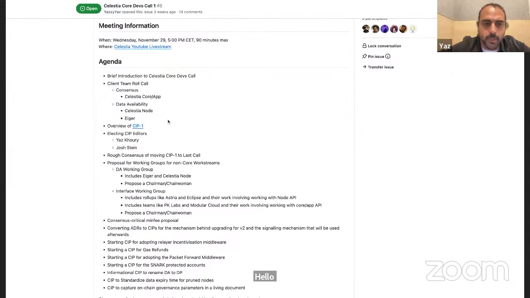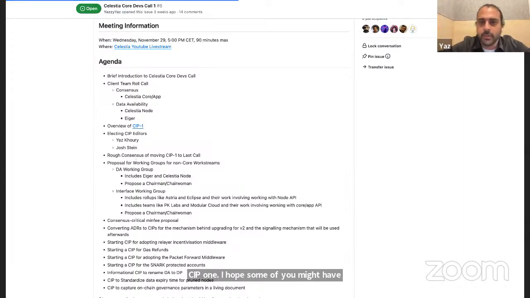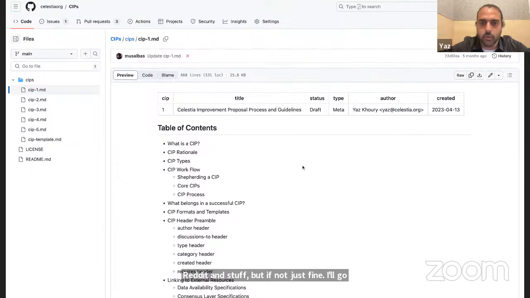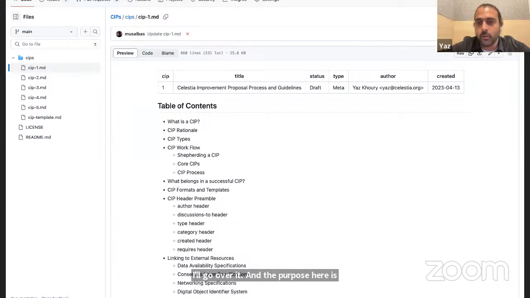Alrighty, awesome. And over time, we'll add more people who are building on top of the consensus or the protocol layer as part of the client teams. But for the first step, we're going to go over CIP1. I hope some of you might have maybe read it and stuff, but if not, that's fine. I'll go over it. And the purpose here is to explain what the process is, the history of such processes when it comes to standards, creating standards for any kind of open source protocol development process, and the purpose of